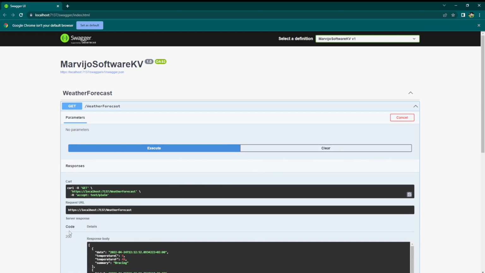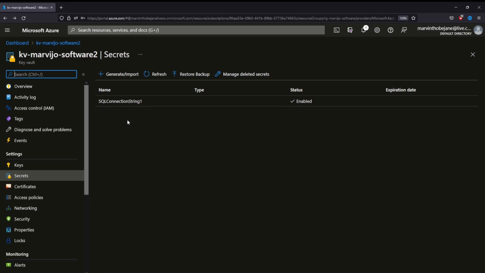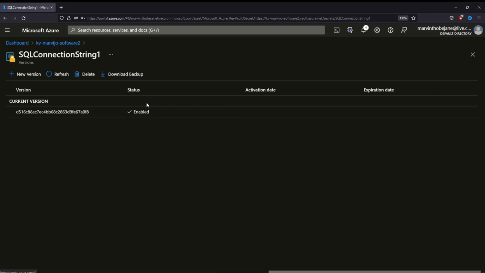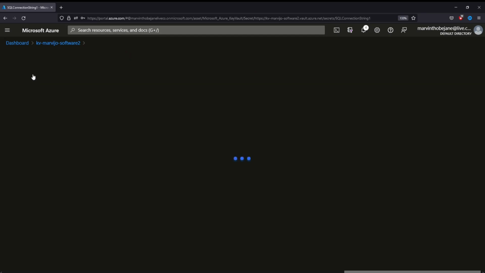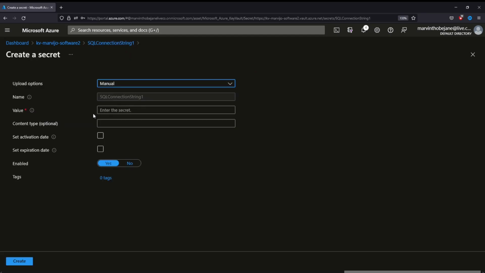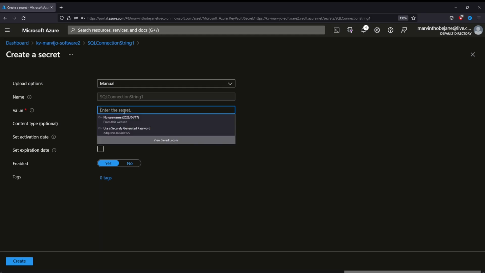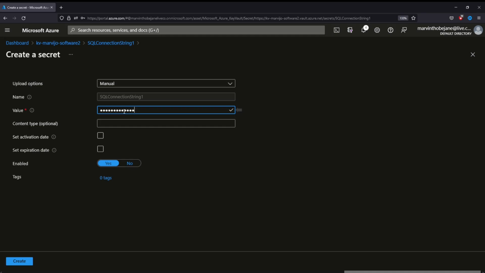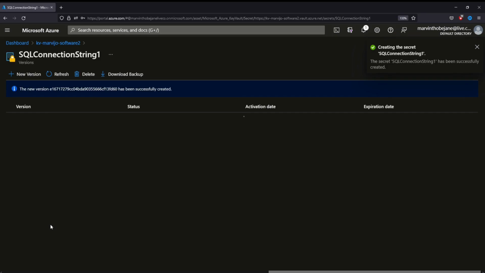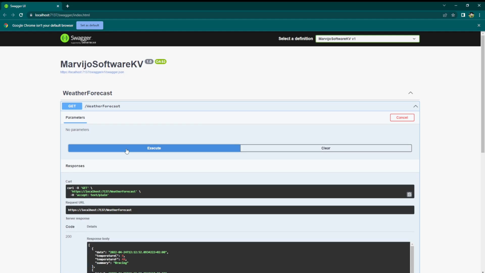Continue. Okay, now that we retrieved it, we're going to go to Azure and modify our secret. So in order to modify our secret, we'll have to create a new version, and save it. Going to call it, give it a value of a new version. And then if we try it again,